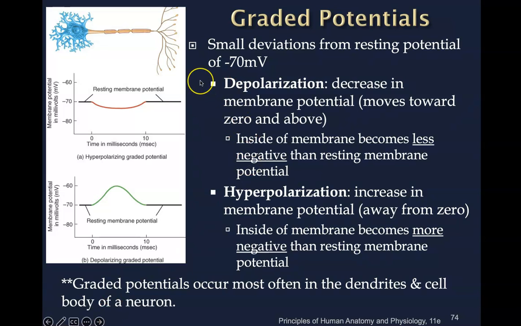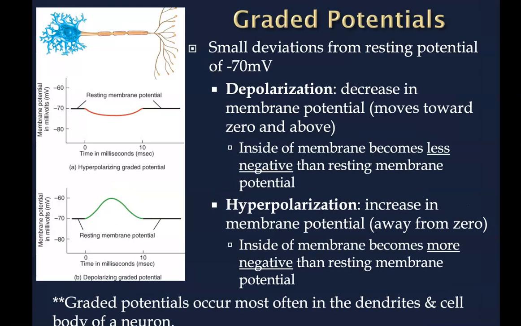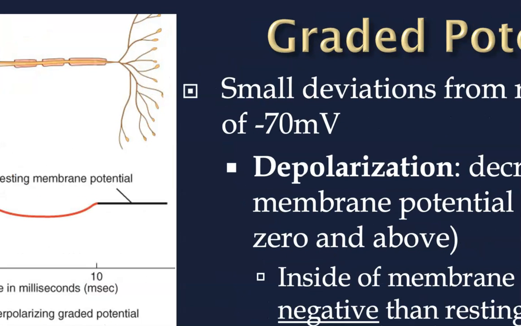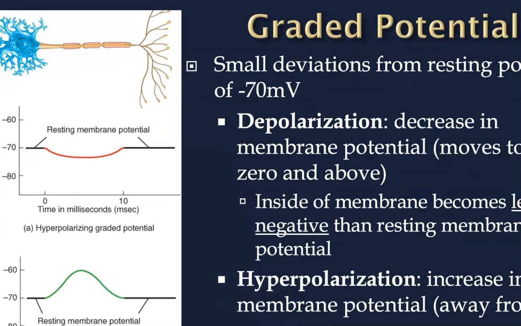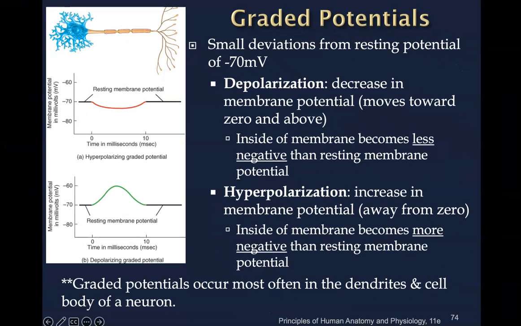So let's get into how this happens. Let's talk first about graded potentials. So now keep in mind that our resting membrane potential is going to be negative 70 millivolts. Sorry, let me zoom this back out. And so remember that resting membrane potential is going to always start at negative 70 millivolts. And that